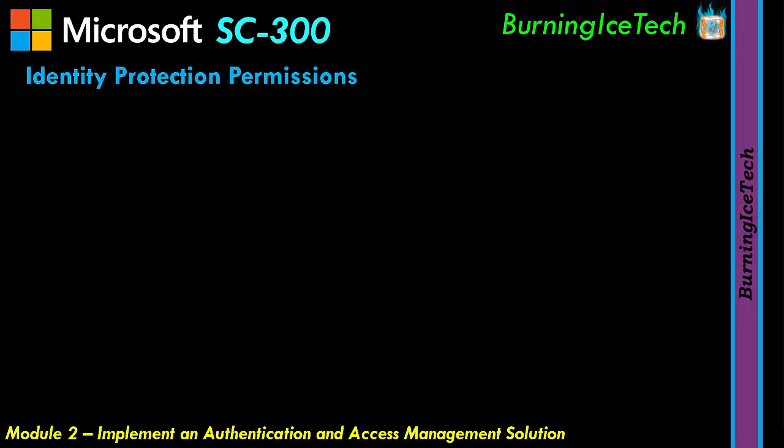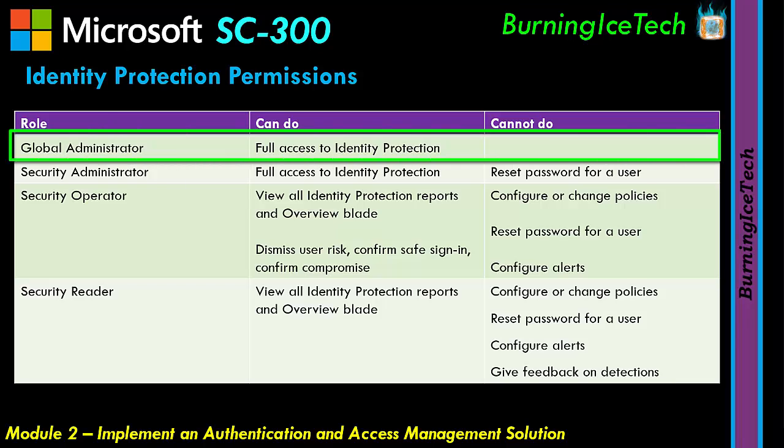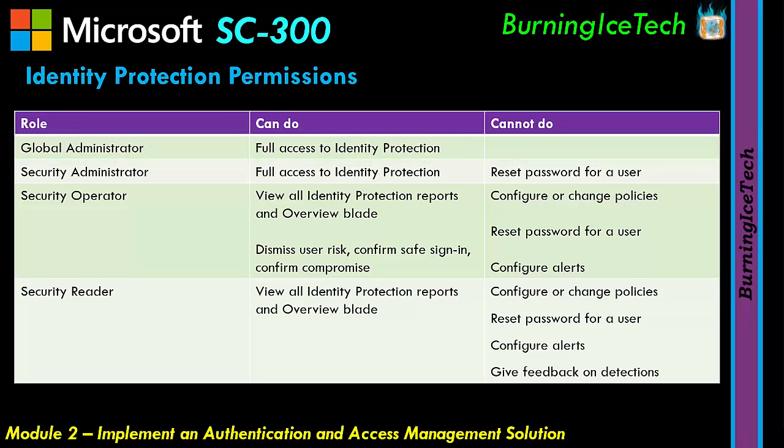Right, folks, identity protection permissions. So here's a bit of a table for you guys as to what those are. At first glance, you'll notice these look very similar to NTFS permissions, and that's because, well, it is Microsoft after all, so that should come as no surprise, but the permissions will be very, very much the same. So as for a global administrator, he or she can do anything. They've got full access to everything on the Azure portal, never mind identity protection. And if you look down the list, the other roles have got less and less permissions, or should I say